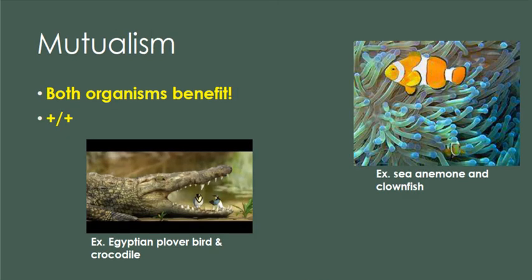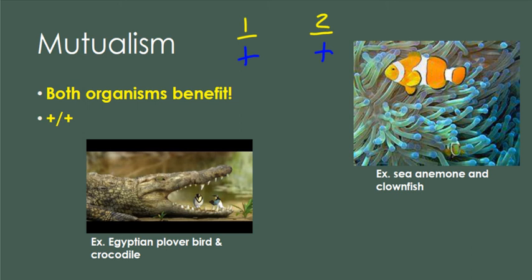Example of mutualism, think Finding Nemo. Clownfish living in an anemone. So we have our two species. They both are going to benefit from this interaction. The clownfish get a home and protection, and then the anemone will get a food source because the clownfish will bring potential predators closer to the anemone. The anemone will sting those predators and then basically consume them. So clownfish get protection, and then the anemone will get a food source when the clownfish kind of bring potential